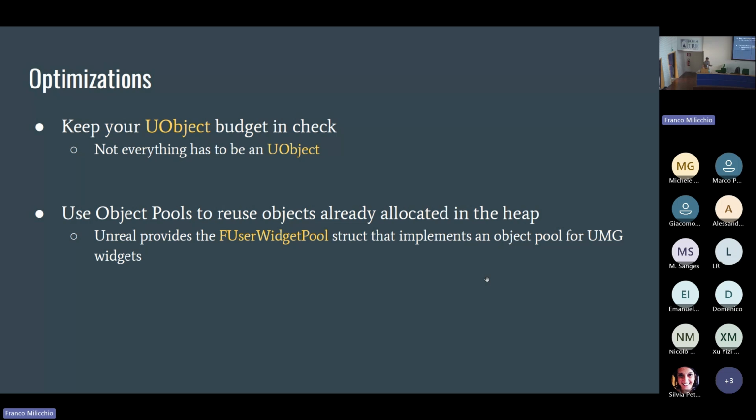So the GC can really impact your performance. But anyway, you can control the UObject budget a bit by not making every class in your game derived from UObject. Also because UObject is really heavy.